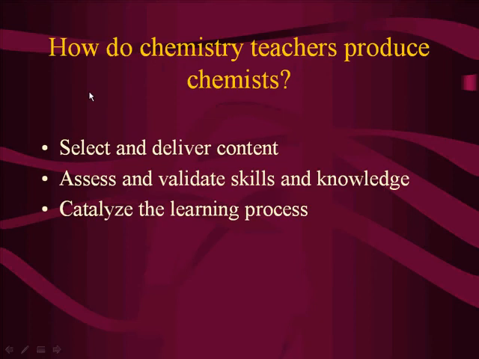All right, so as teachers, how do we actually do this? How do we make chemists, in the case of chemistry? We have to do three things pretty well. We have to select and deliver content. That's our choice. We have to assess and validate the skill and knowledge of the students. We can give content all we want, but if we don't evaluate the students, we don't know if they've learned it or not. And the third thing is we can actually operate by catalyzing the learning process,